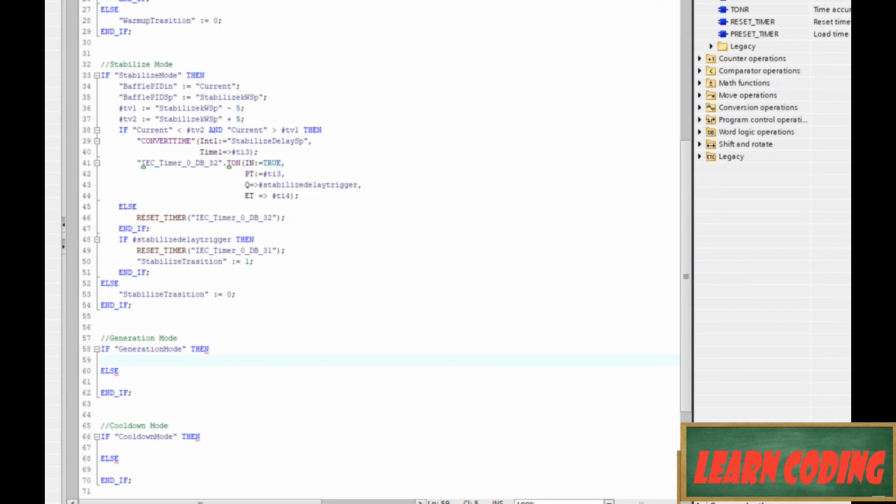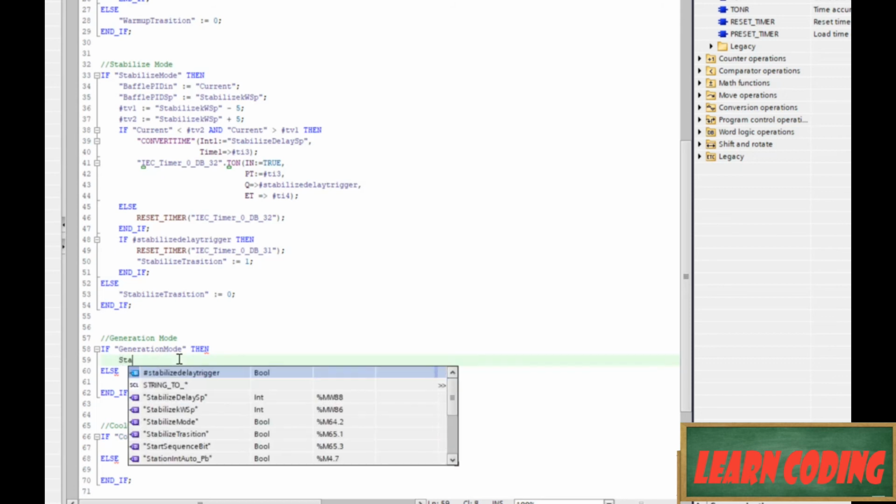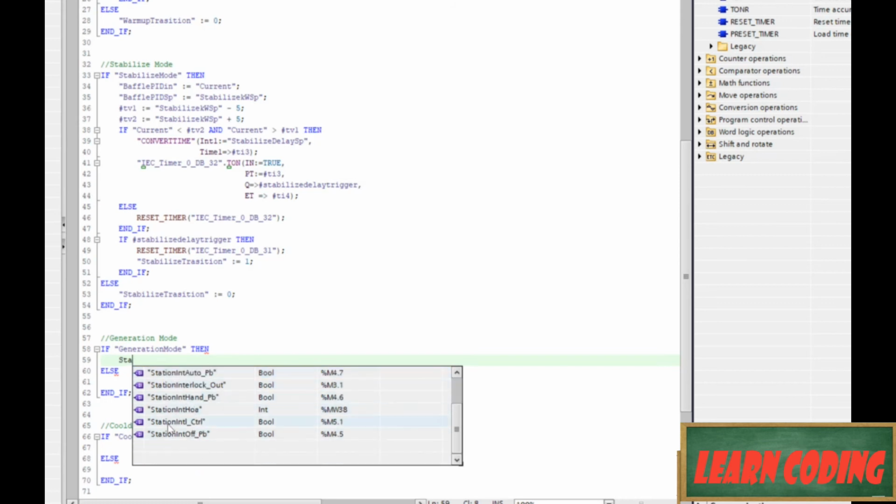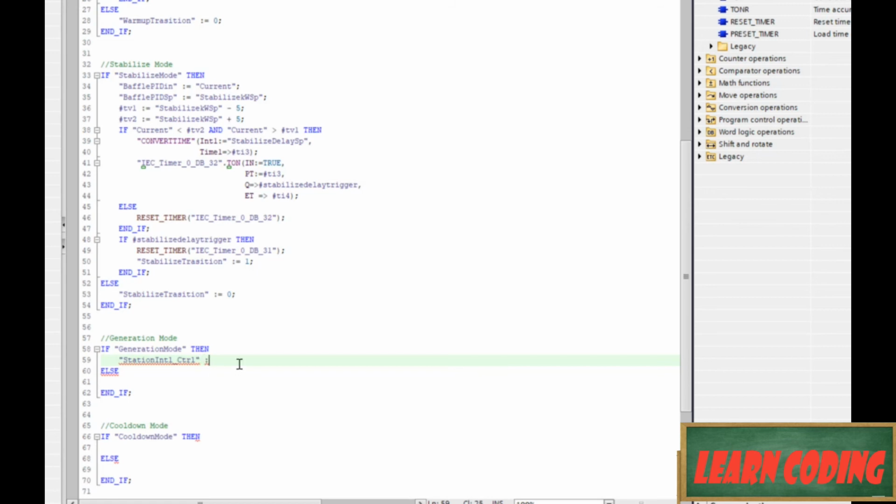Let's start working on our generation mode. Generation mode, I know we want to engage our interlock. So that's our station interlock control := 1;